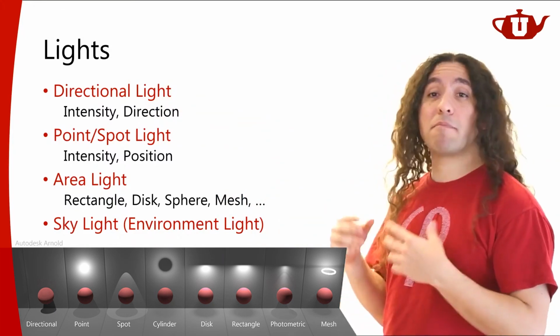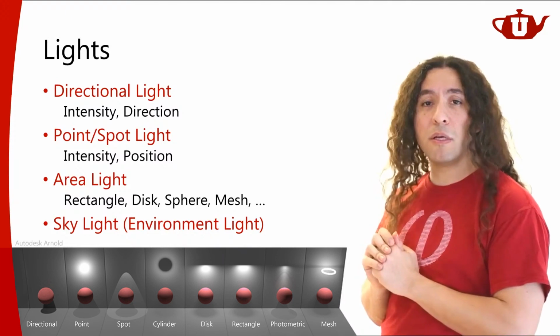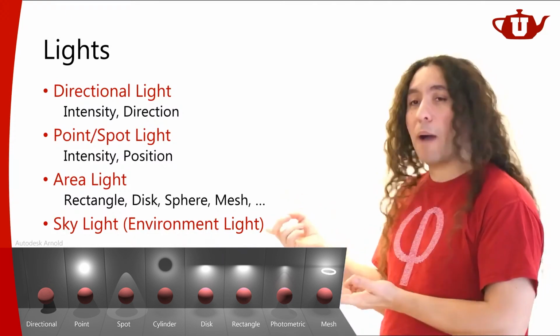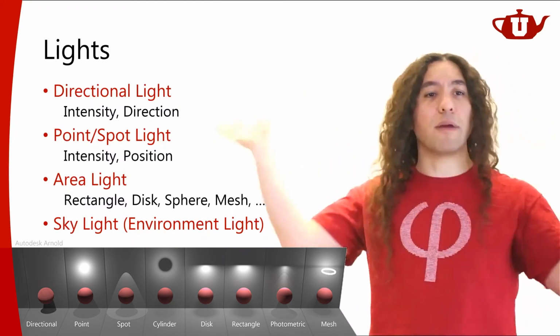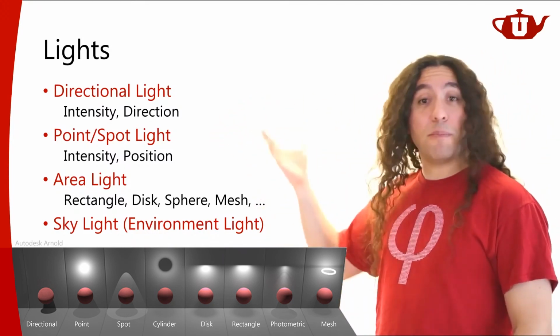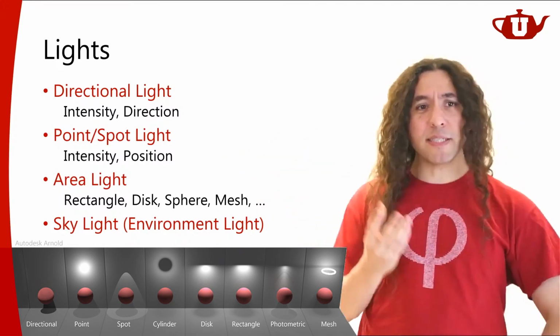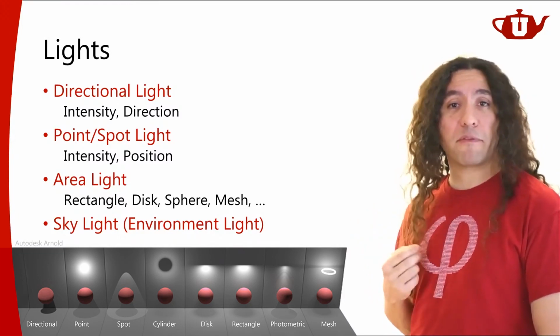They may be the same amount, so I can have a skylight with a constant color value. In that case, I'm basically saying I have this constant light coming from all directions that you can think of. I have the same light coming. That's going to be a constant skylight. But oftentimes, I'm going to use some function to determine the amount of light coming from all directions.